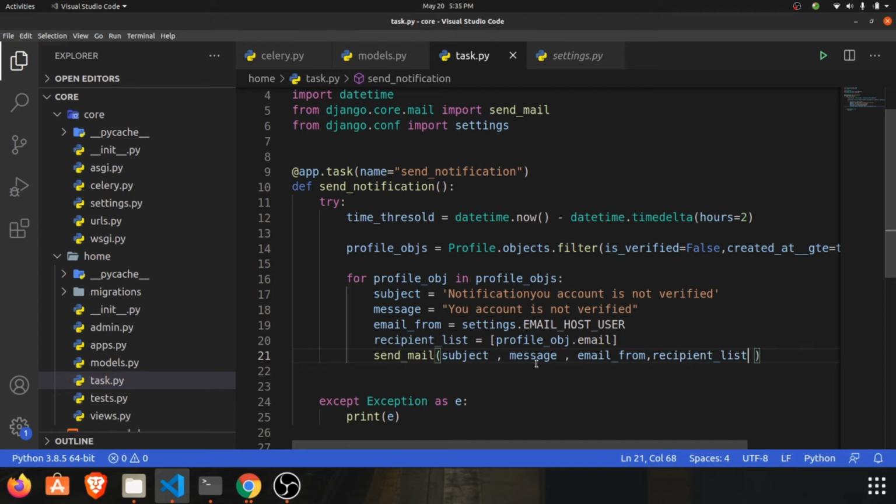So this is a function for sending email, and we need to add this task inside our app.